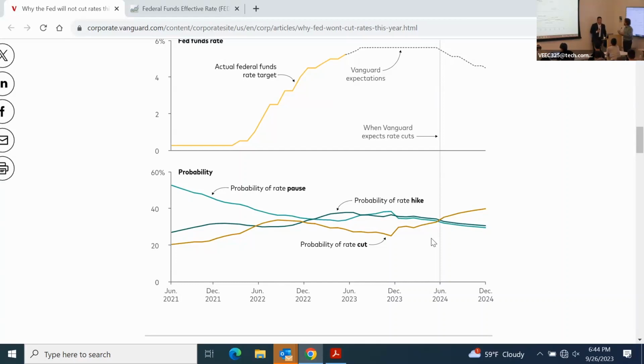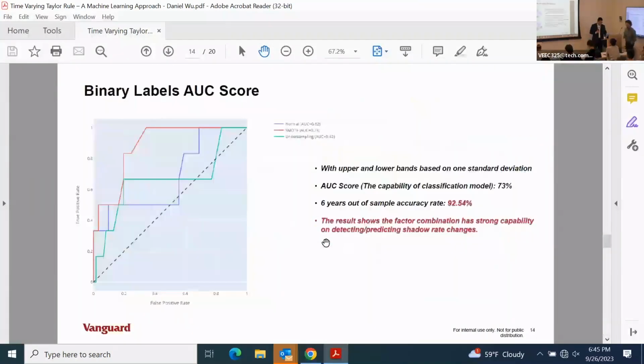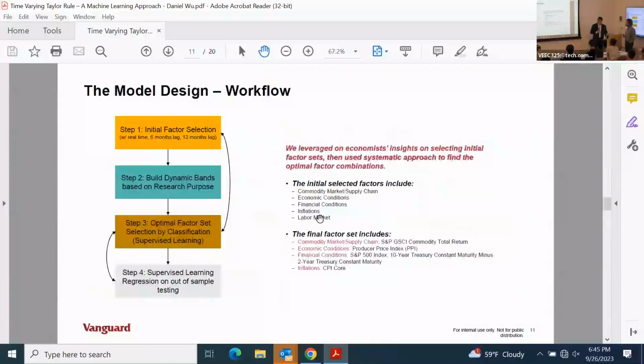Of course. Actually, a really good question for the NLP and other stuff. So what I try to show here is, let me put it here. That's going to be another really good topic to talk about. We base it mostly on macro factors or market factors, right? So the NLP, as you mentioned, like the minutes, of course, that's one, but you can even find something we built before using the Beige Book. The Beige Book is a survey based on the Fed. It's a survey from each regional Fed bank,